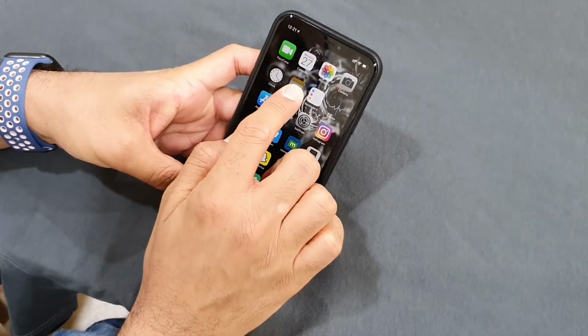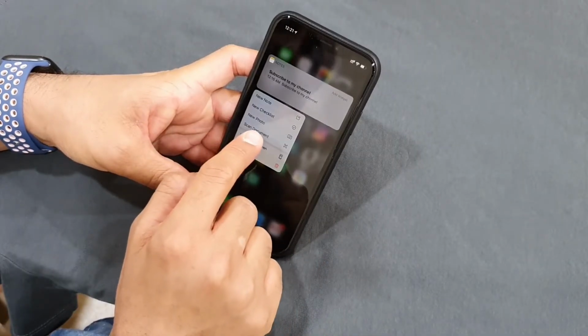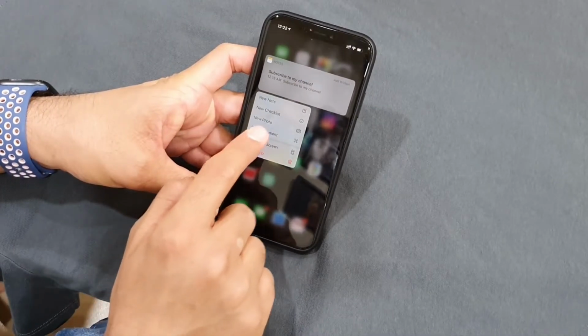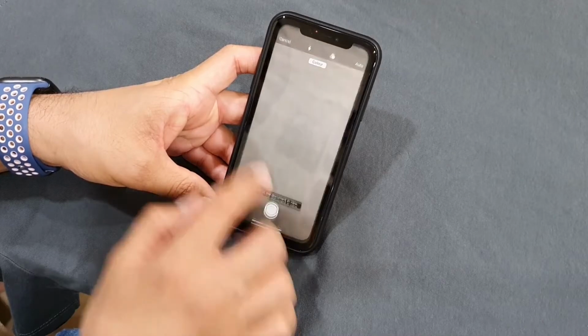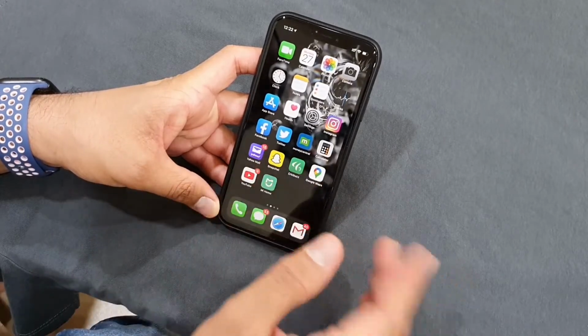Scan. Now what if you want to scan some documents? Yes, for example, for scanning and extracting the text from the document, you can always use Prismo Go or any other app, as I mentioned in my another video. But if you just want to scan, you can directly do it from your Notes app actually. Just press and hold the Notes app icon and you can see there is a scan document available here.